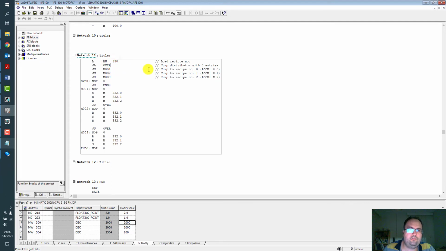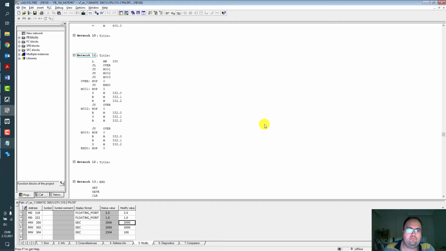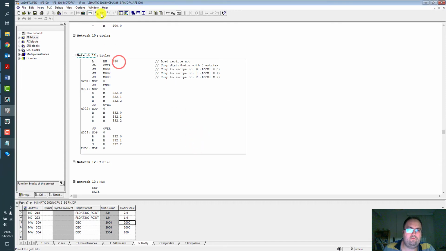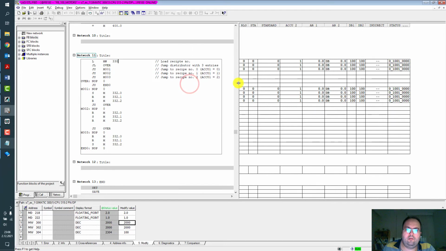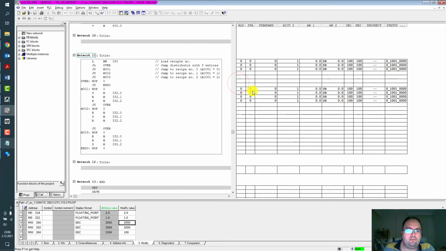Now it is okay. And download. And as you can see on the right side, the first branch or first jump is executed because the other rows are empty.